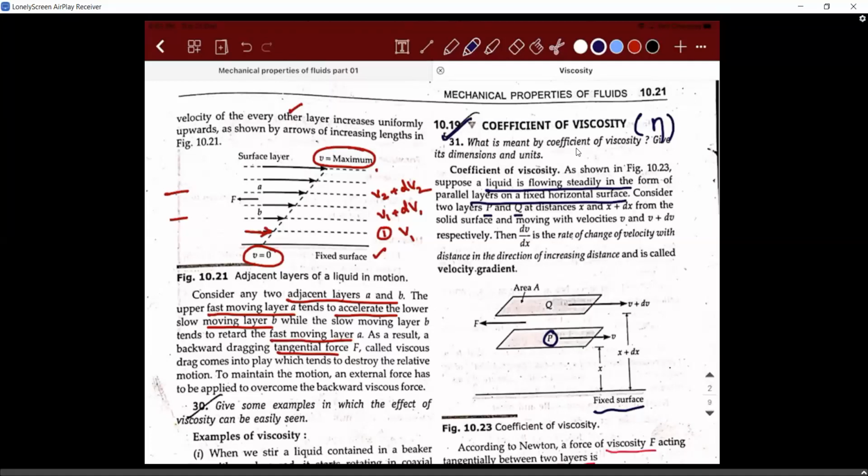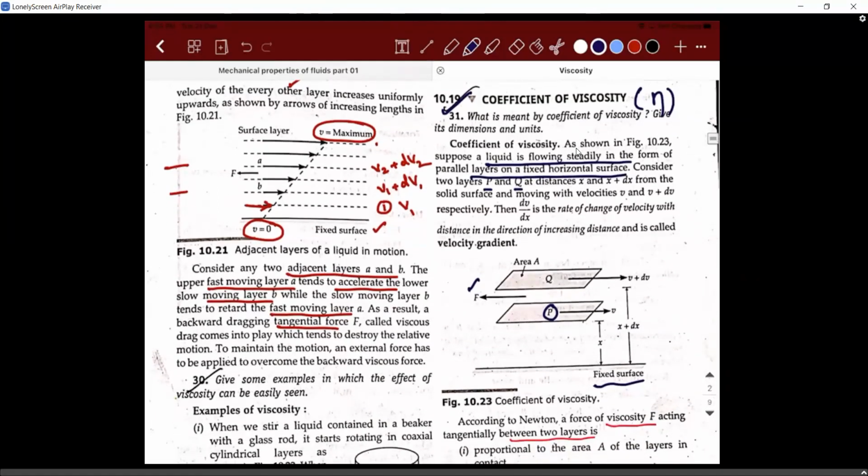So between these two layers, these are subsequent layers, right? For the sake of understanding, we drew them with slightly different distances, but they are very close to each other. So the friction is going to act between those two layers in which direction? Obviously in the backward direction. So this force is what we call the viscous drag or the viscous force. I hope I'm clear till this point, right? Then if you are able to define a differential coefficient of velocity with respect to distance, dv by dx, then that has a special name called velocity gradient.